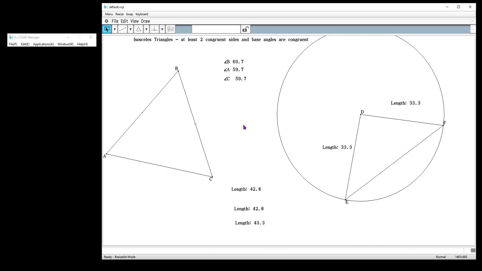So those are the two different options for constructing isosceles triangles, letting the computer do it with its special triangle tool, or using properties and using circles and constructing that way. Now, there are obviously many more ways to do it. You could use reflections, the perpendicular bisector of this segment and a side, and then reflect it over that line. There's lots of ways to do it, but these are basically the two most efficient ways to do this.